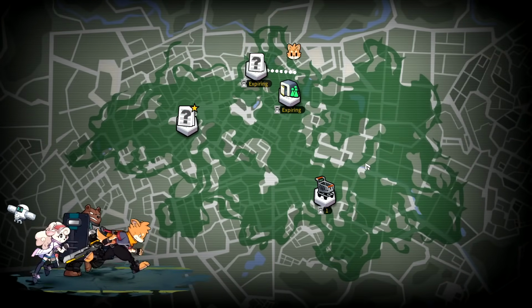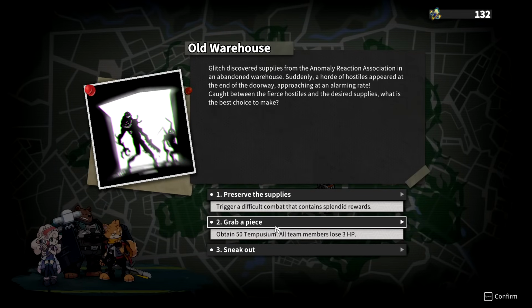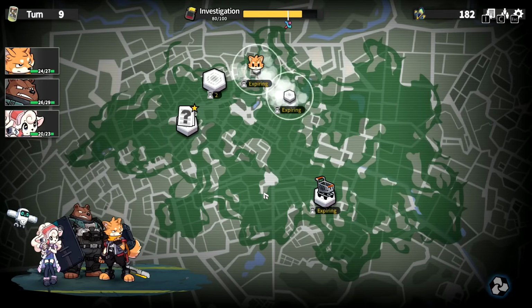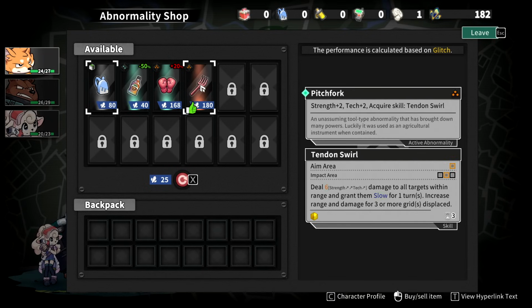So give me this event, and then we're going to go to their glitch. Discovered some supplies from the Anomaly Reaction Association. Suddenly a horde of hostiles. Trigger a difficult combat that contains splendid rewards, or I can just get money and leave. Get money and leave is really tempting. I'm going to get money and leave, to be honest. 3 HP is not that bad, and then I can go straight into the shop with that money that I just gained. So the 180,